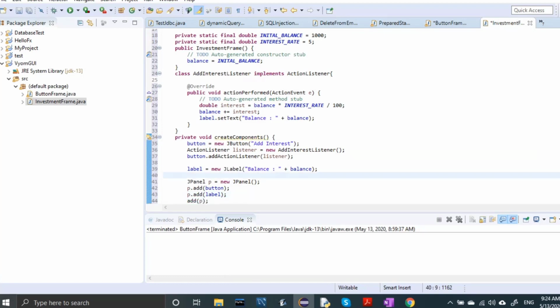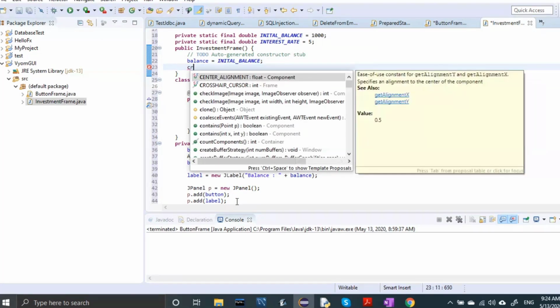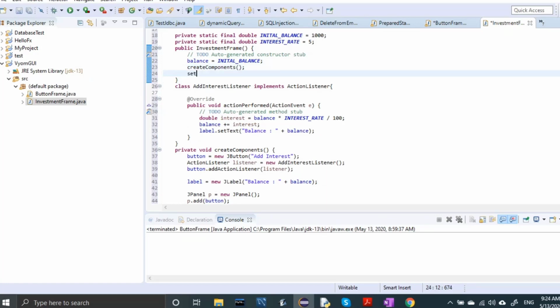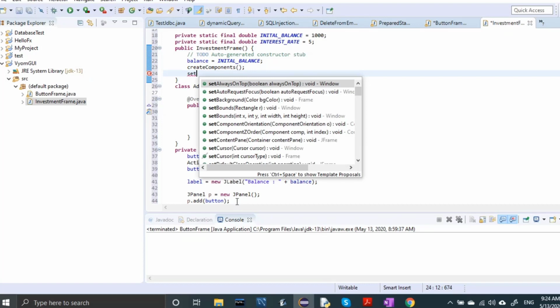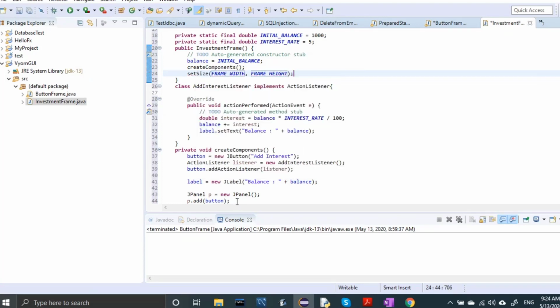So after creating the component, we call it from the constructor. So we write here, name of the method is create component, right? And then we set the size, frame width, frame height. So we have set the size.